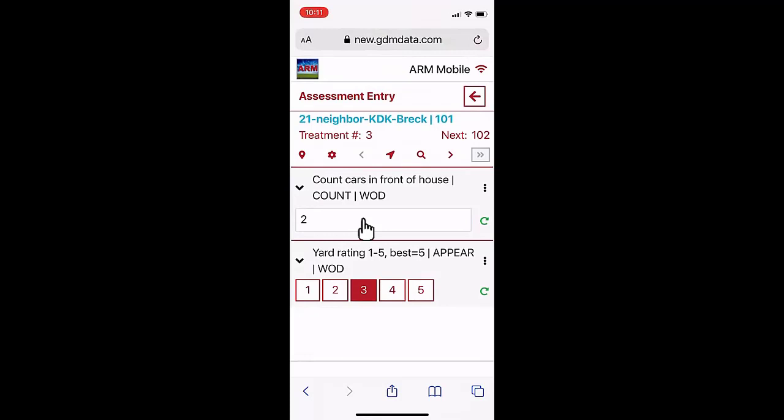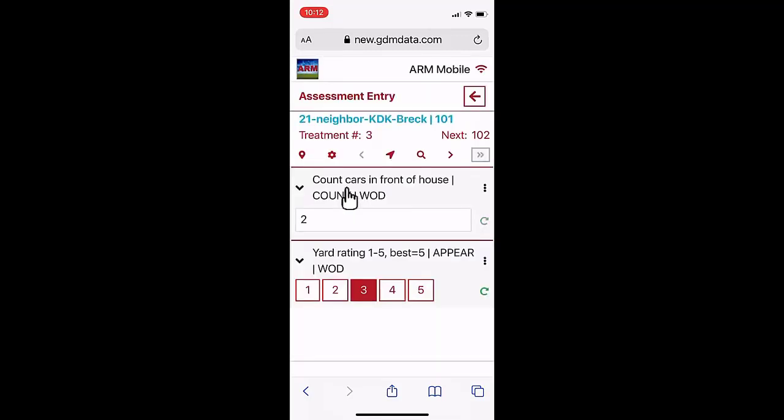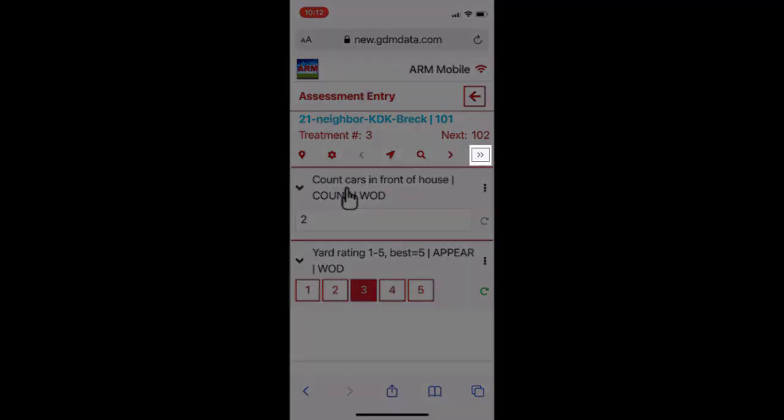If I would like these to be default values moving forward, I can click on the half circle arrow to the right. This will then set this as a default value moving forward. I'm going to not show this message again and confirm. This does not mean that all plots now have an entered value. ARM Mobile specifically displays that value, and through the use of the Advance with Default Values button, will then accept